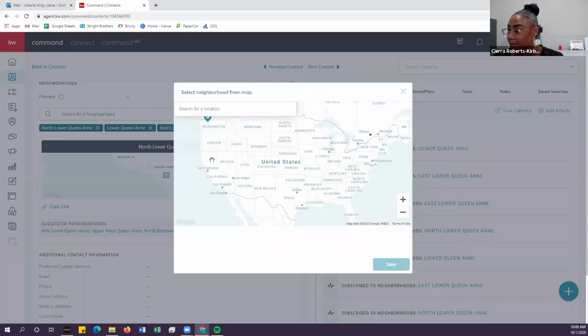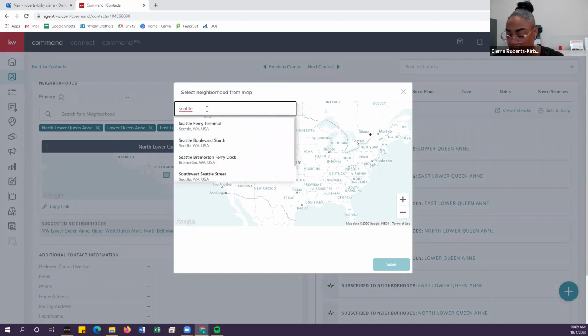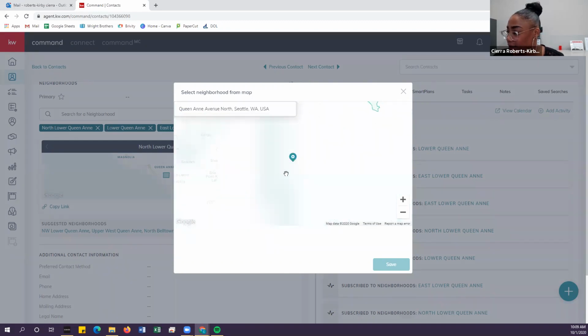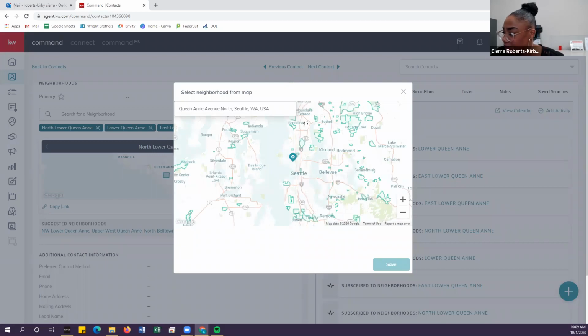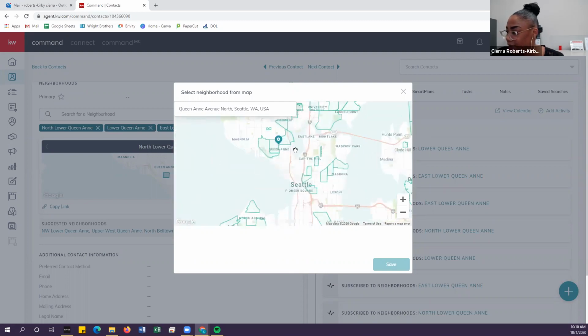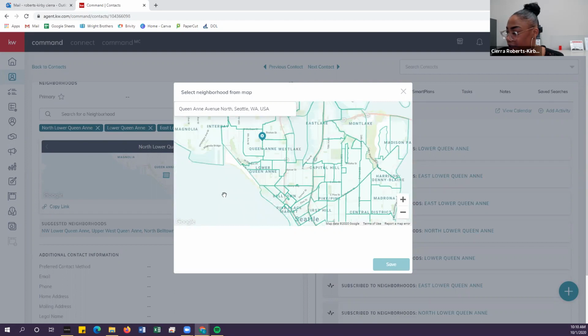press Find on Map. And as you can see, it's already got my location. So I'm just going to type in Seattle. And I'm going to type in Queen Anne, actually. And it's going to bring me a little bit closer to where Queen Anne is. And so one thing that you can do is you can scroll in. So here's Queen Anne. And so say you didn't know exactly,